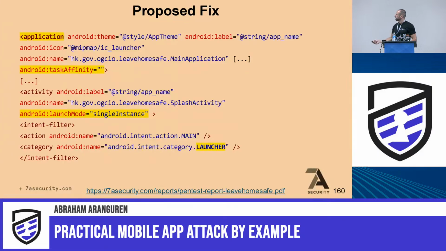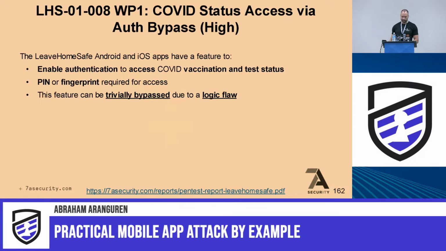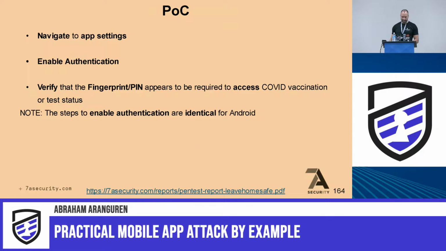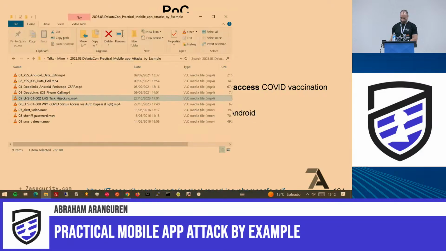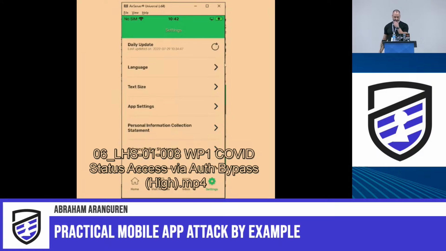So this would be the way to fix it: to set an empty task affinity, to change this to single instance, and so on. And then this is a very interesting logic bug in the same app, the Leave Home Safe app, the COVID-19 contact tracing app. So basically, I'll just show it in the demo because I still want to show you other things. So this is the